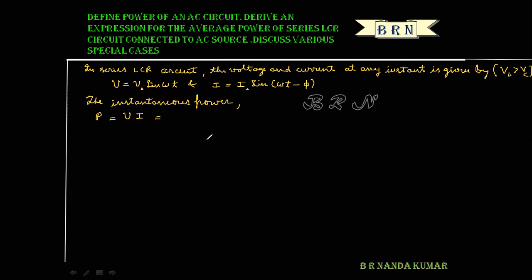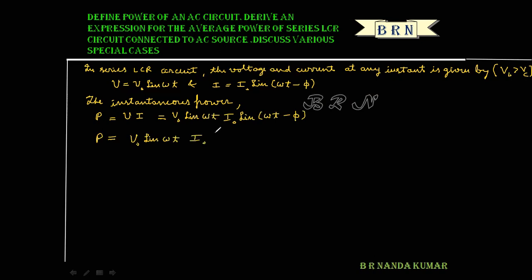V is V naught sine omega t, and I is I naught sine of omega t minus phi. So P is equal to V naught sine omega t